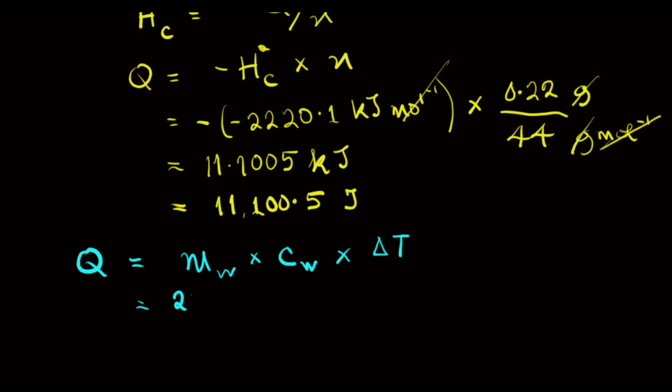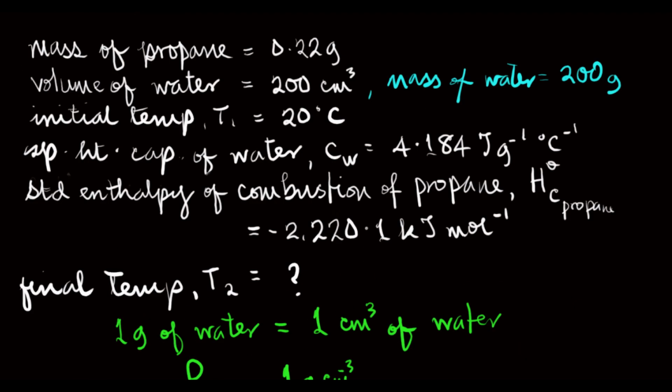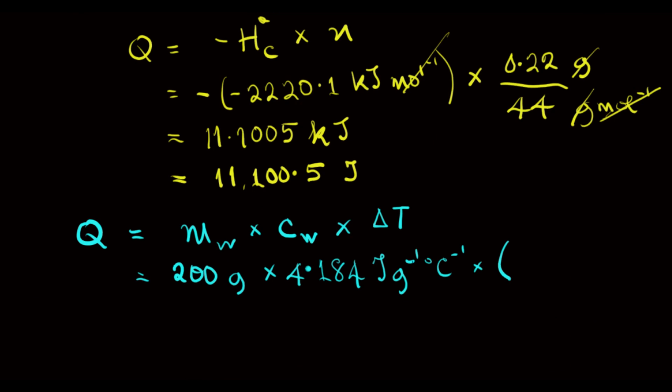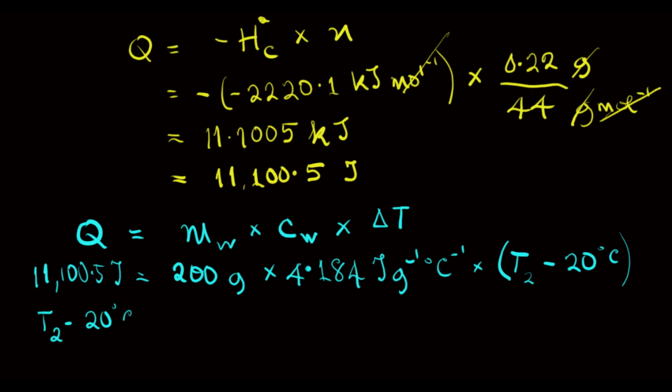That will be 200 grams times 4.184 joules per gram per degree Celsius times, what's the T1? Our T1 is 20. Now we're looking for T2. That's T2 minus 20 degrees Celsius. Okay, this is 11,100.5 joules. So from here, for T2 minus 20 degrees Celsius will be equal to